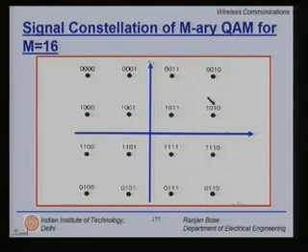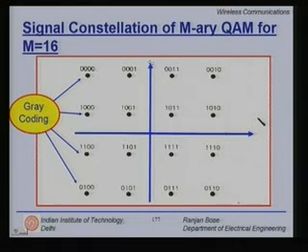Now, what is interesting is each of the signals carries with it a label. There are 16 possible symbols and hence 4 bits per symbol can be assigned. Now, there are very many ways to assign 4 bits per symbol. Here we have done one particular method of encoding. This is called gray coding. The important feature of gray coding is that for any adjacent symbols in the signal set, the number of bits that change is only 1.